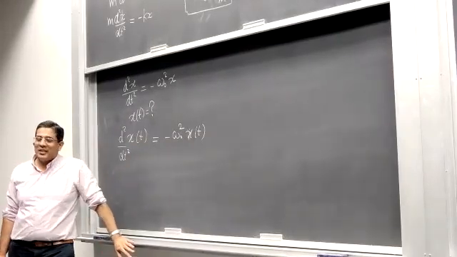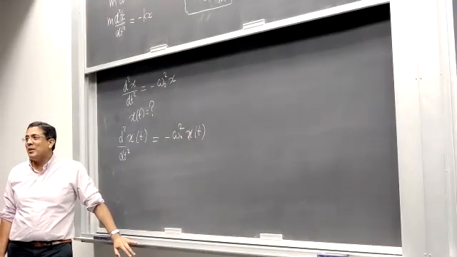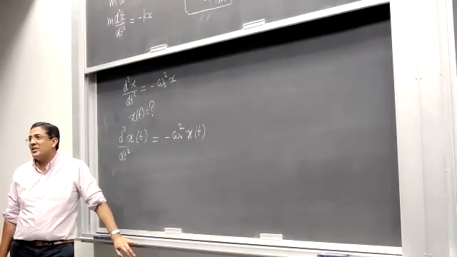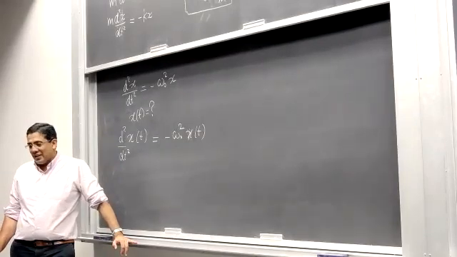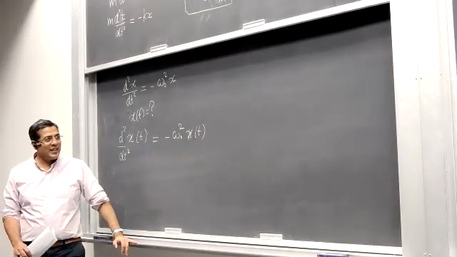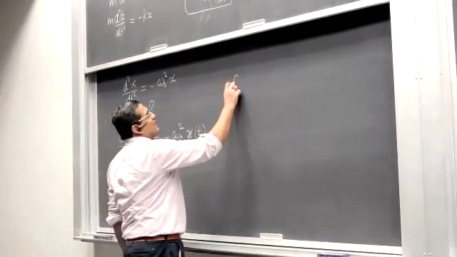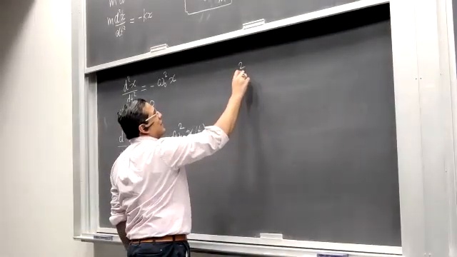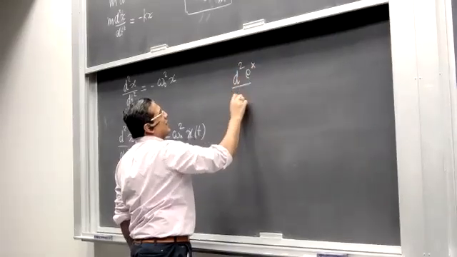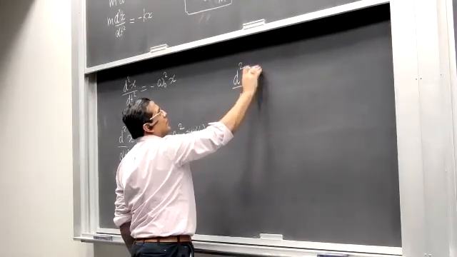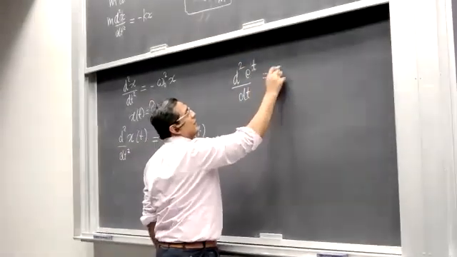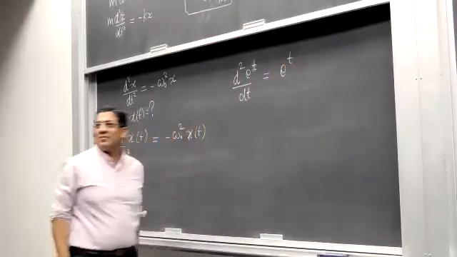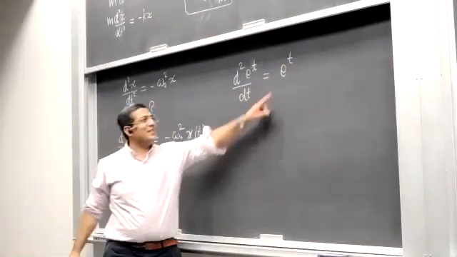Do we know a function in mathematics whose double derivative is equal to itself to begin with? Let's say e to the power x. Sine and cosine won't work, since the derivative of sine won't be equal to itself. Yes, but e to the power x, yes. If you take the double derivative of e to the t with respect to time, you will get e to the t. But the problem is it doesn't bring a minus here.